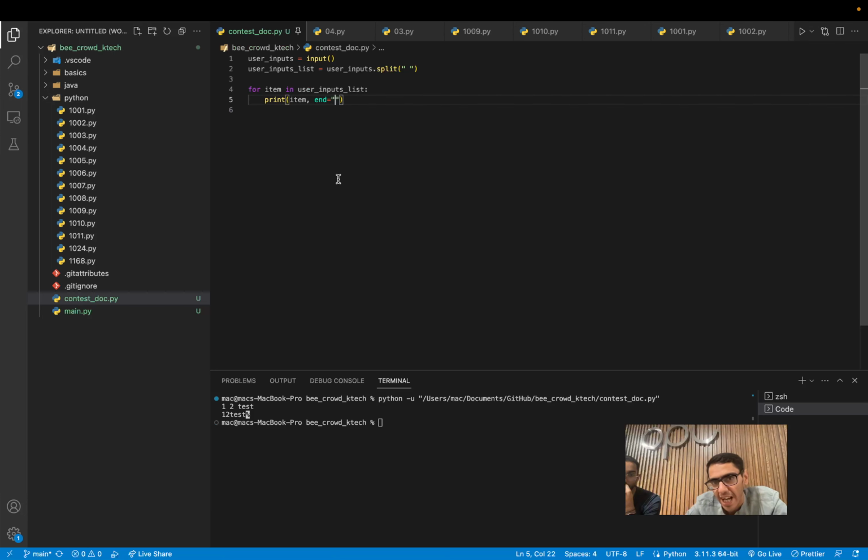But if I actually provide a space and run the program again, 1, 2, and test, we can see that it gave us the same output, but there is some special character in the end. I'm not sure what the story of this is. I think this is from the prompt. You can see it at the end here. But anyway,